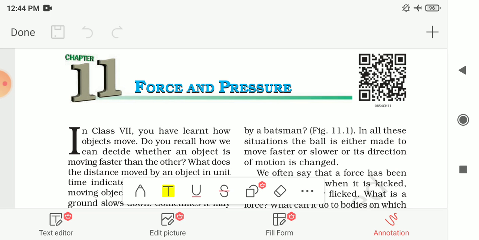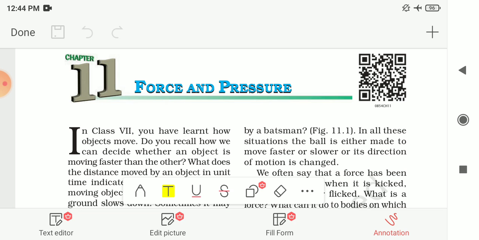Then we had seen that when the direction or the magnitude of the force changes, its effects also change. The state of motion of an object is described by its speed and direction of motion, or you can say by both we can represent the state of motion of any object. Then we had seen that an object may be at rest or in motion. These are the two states of motion of any object.